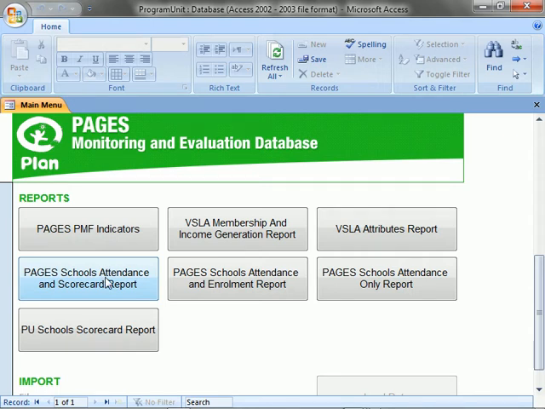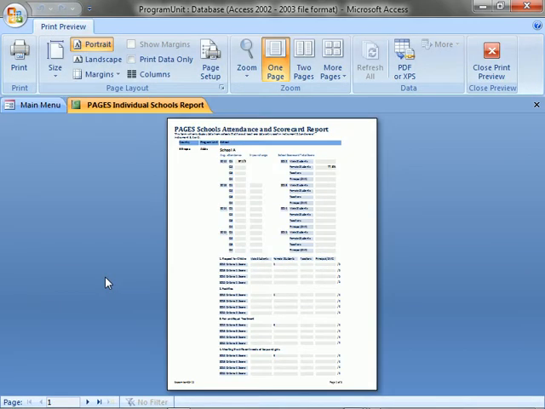Opening a report is as simple as clicking on the button with the title of the report that you are interested in viewing. So I will click on this,